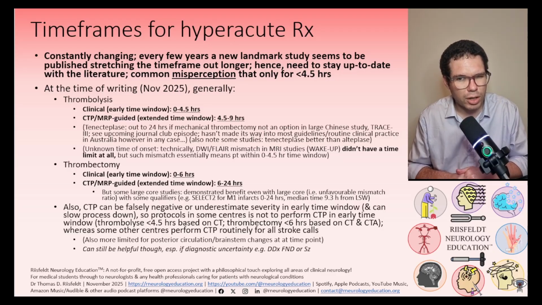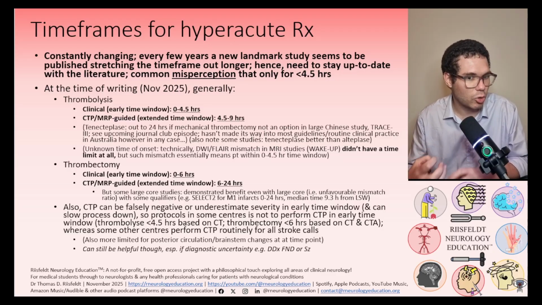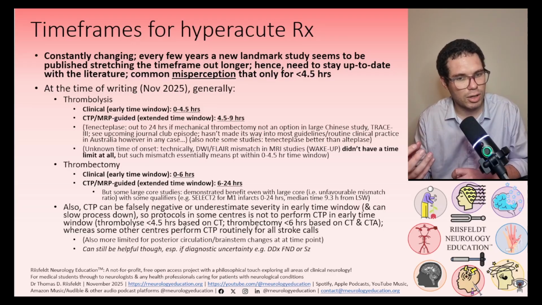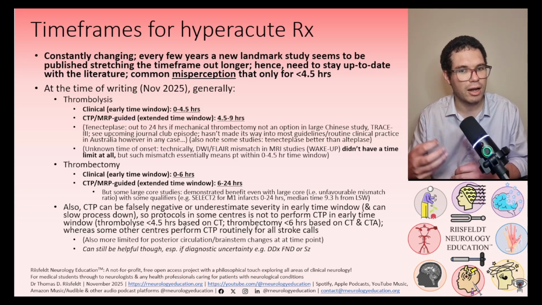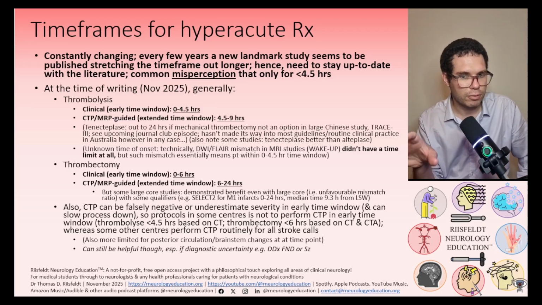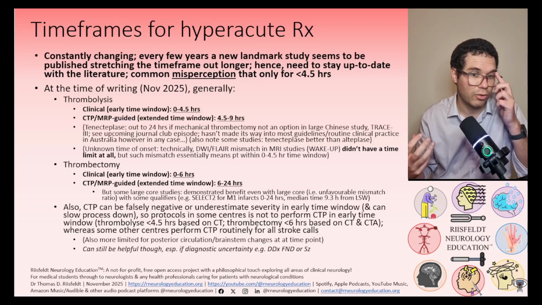Although somewhat practice changingly and somewhat controversially in some senses, there have been some recent studies, large core studies, and they've actually demonstrated that there's benefit for mechanical thrombectomy even when there is a large core, meaning that there may be an unfavorable imaging profile with an unfavorable mismatch ratio. So the penumbra may be relatively small compared with the size of the core, and traditional teaching would say that that was